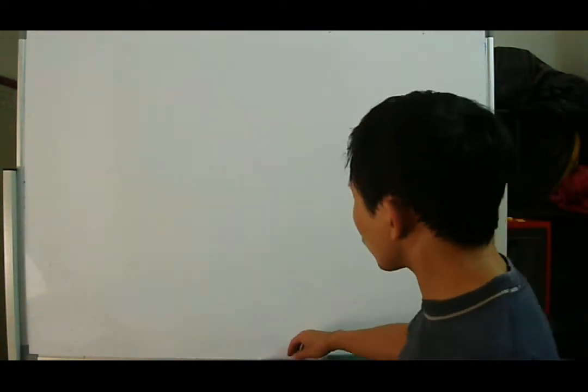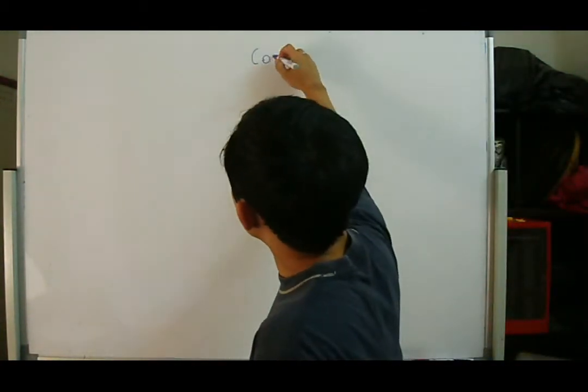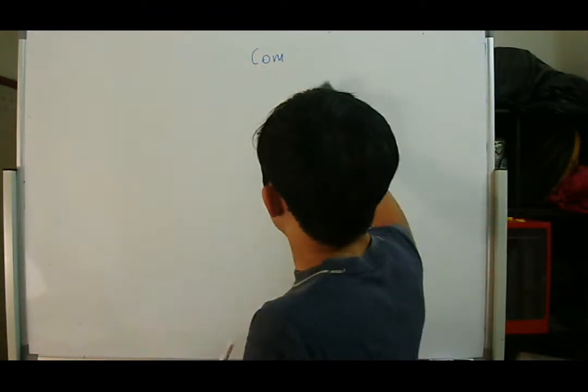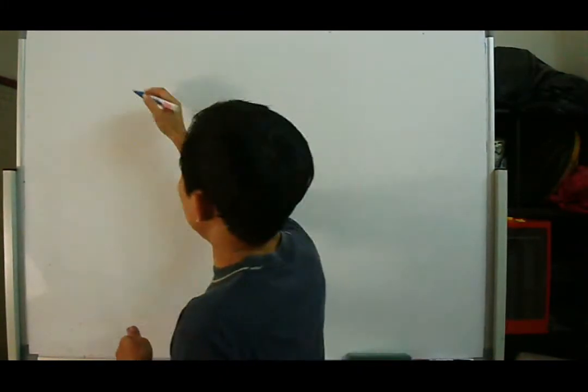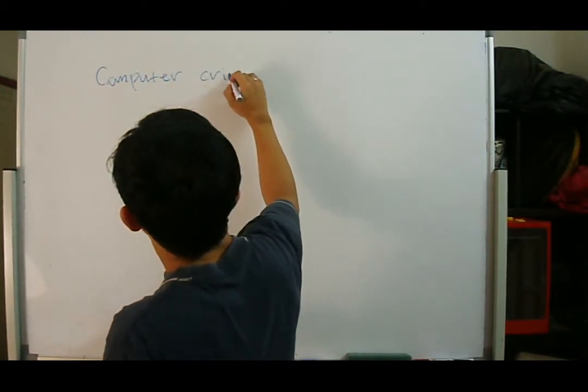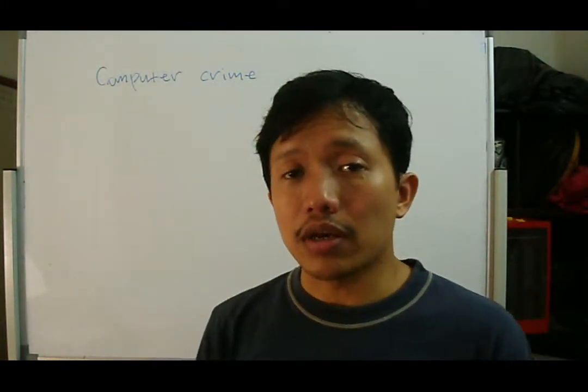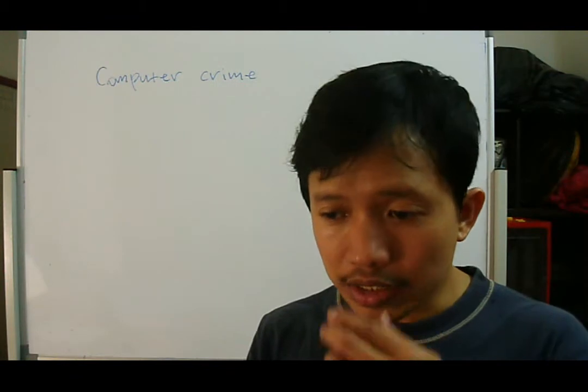Now, continuing with the overview of this whole security thing that we have, especially online. With regards to security, we have this term called computer crime. Computer crime. Okay. Now, these pertain to crimes perpetrated by way of a computer, meaning to say that it's either